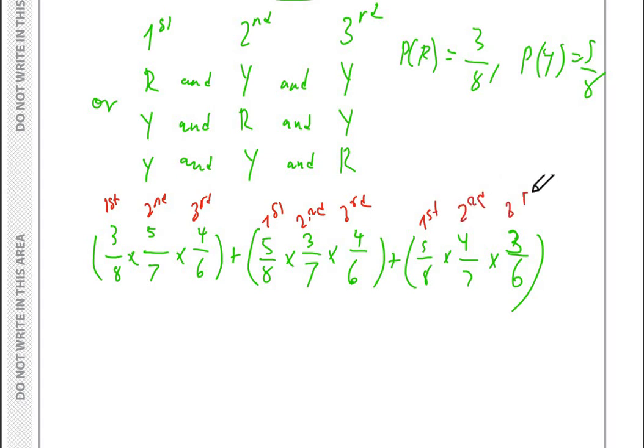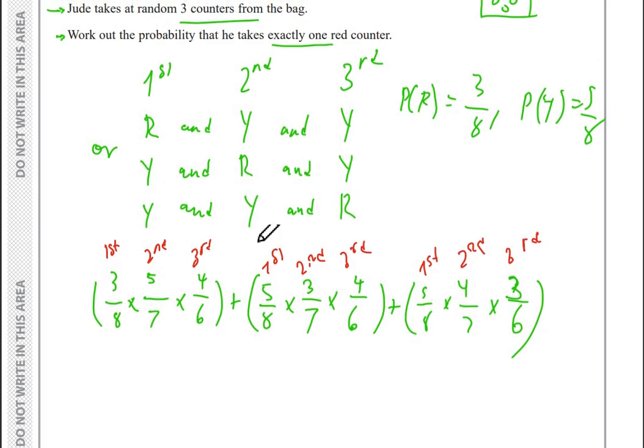So he takes his first pick, and the probability that it will be yellow is 5 yellow out of a possible 8 counters. Once he's taken his first pick, then he'll have 7 counters left, and once he's taken his first pick of yellow, he will only have 4 yellow counters left. Okay, and here he takes his third pick, and there's 3 red counters, and since he's already taken his first and second pick, there's only 6 counters to choose from. Alright,